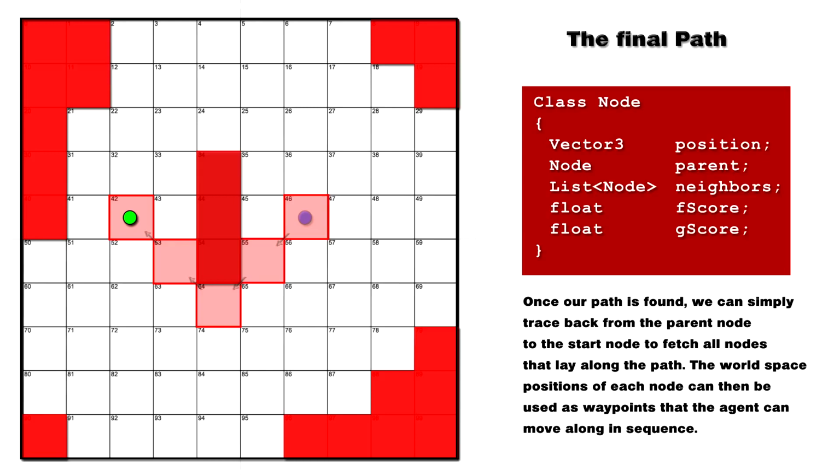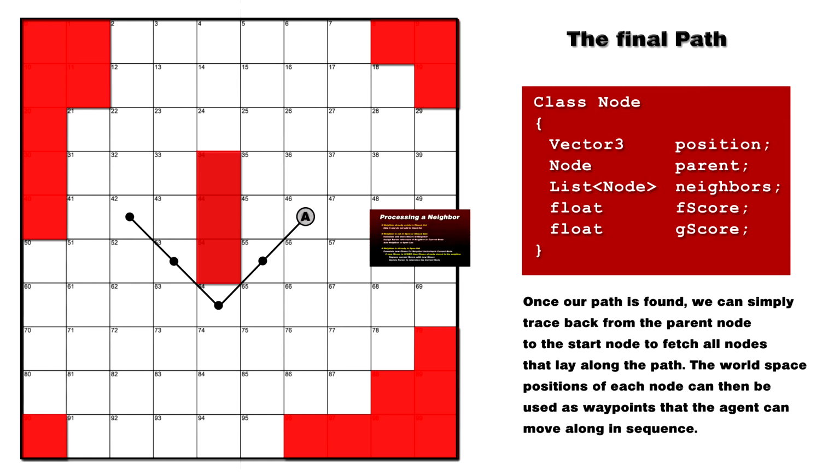And as we do so, we can add each one to a stack or some other last in first out collection, and we have our list of waypoint nodes. Now of course the position of those nodes can then be used to construct the actual agent's waypoints. Now don't worry, we're going to see diagrams of all this working in a moment, so for now just try and stay with me. So let me just go back briefly to talking about the adding of nodes to the